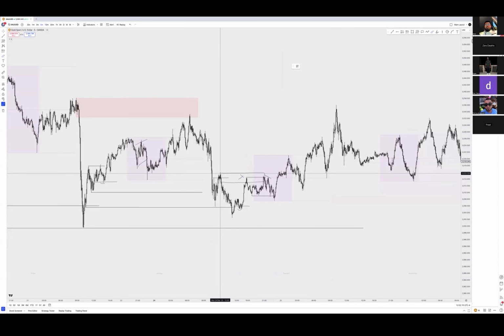Yeah, if the high got taken out over here, now I'm not looking for anything. I know this is during Asia, but let's say this was New York. If this high got taken out, I'm not looking for anything because now we've got liquidity above here, we've got liquidity below here. I'm not interested in guessing which liquidity needs to get taken out first. I'd rather wait for liquidity to get taken out on one side first and then trade towards the other.